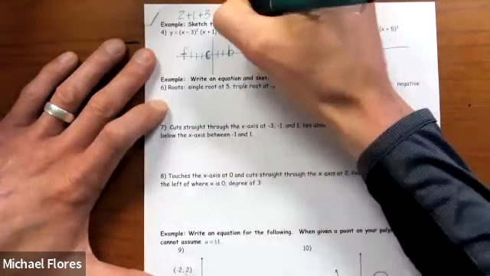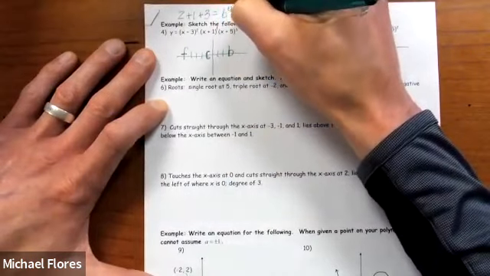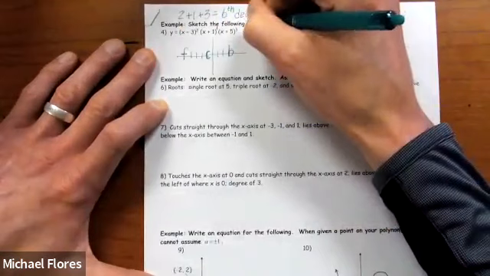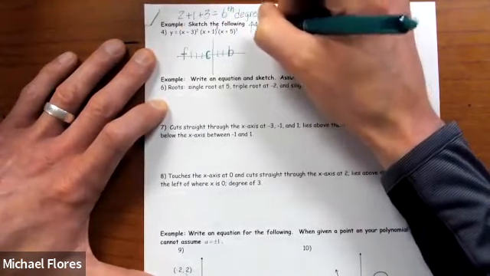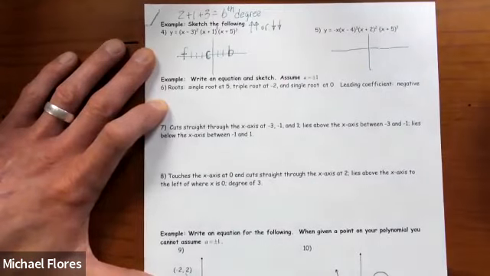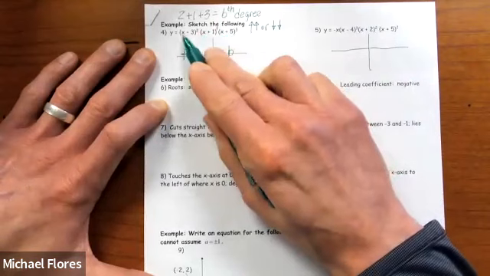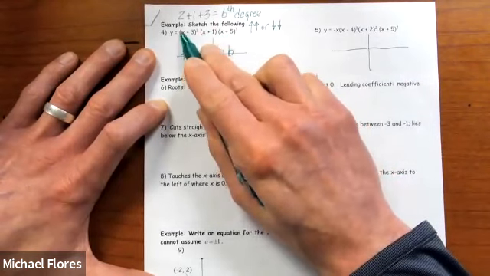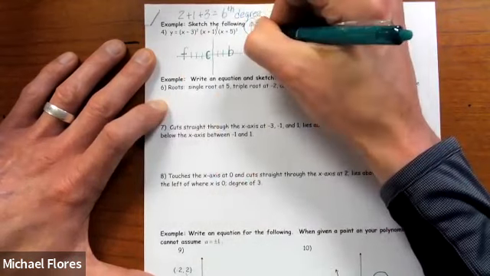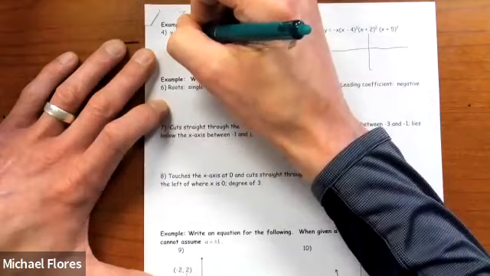Since this is a 6th degree polynomial, that means our end behavior is going to be going the exact same direction, either up, up, or down, down, depending on the leading coefficient. Well, let's take a look. All of your x values are positive, and if we look in front of the parentheses, that is positive also. So this is going to be our end behavior. So I'm going to go ahead and draw an arrow here